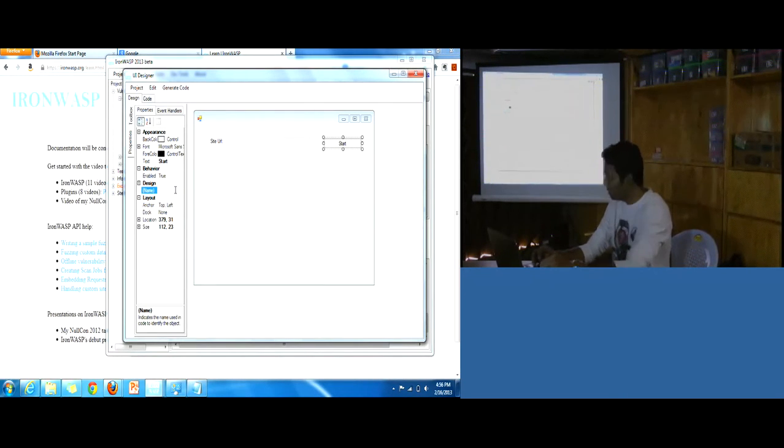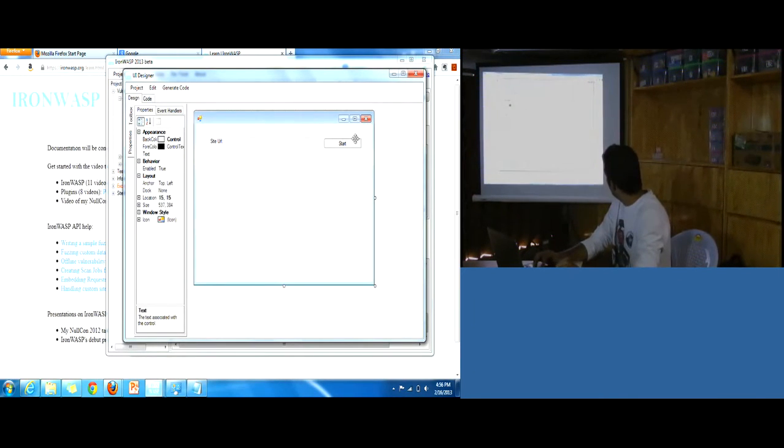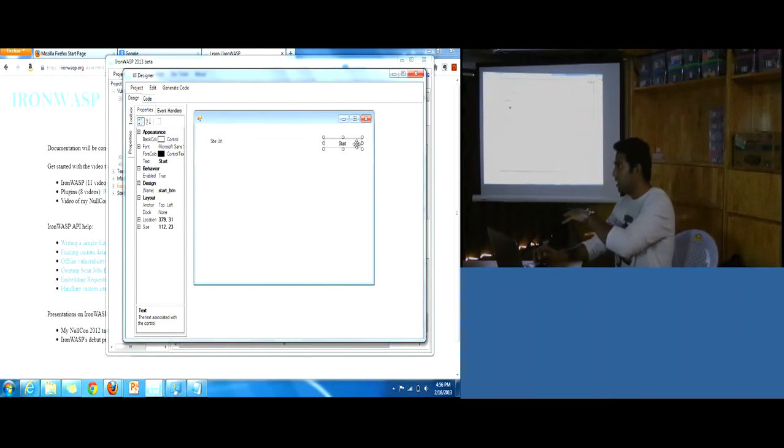We can name the button, say start button. Now, when somebody clicks on this button, I need some action to happen.